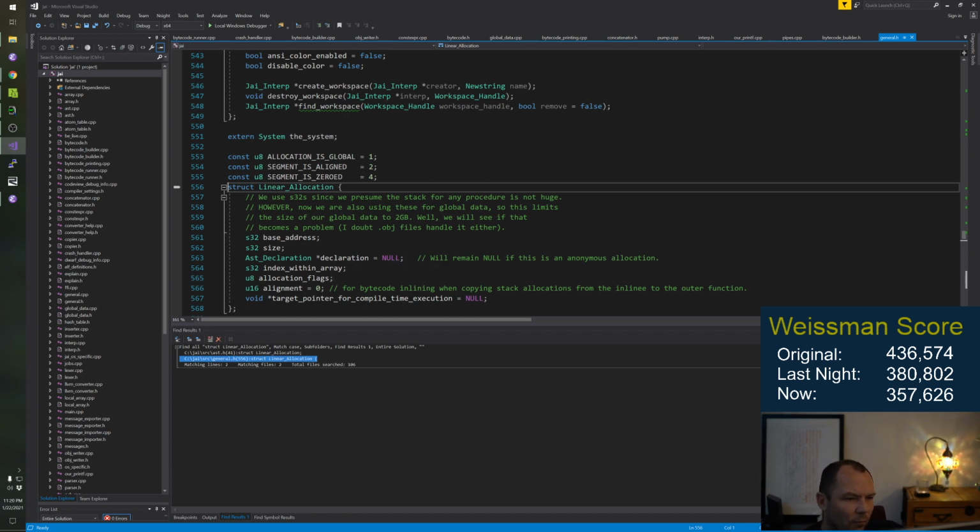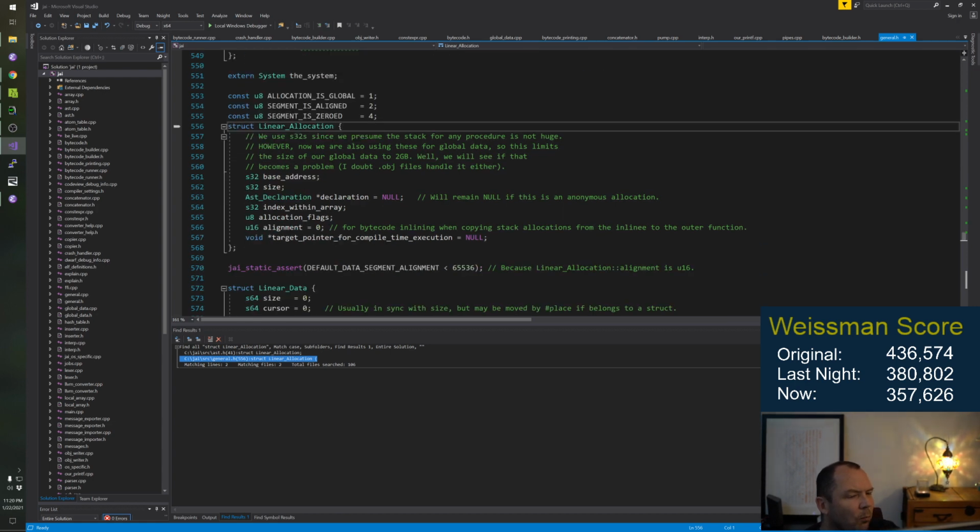Does not. I mean, I guess we already have this limit. So maybe I just don't worry about it and I say, hey, there's a 2 gigabyte limit right now.